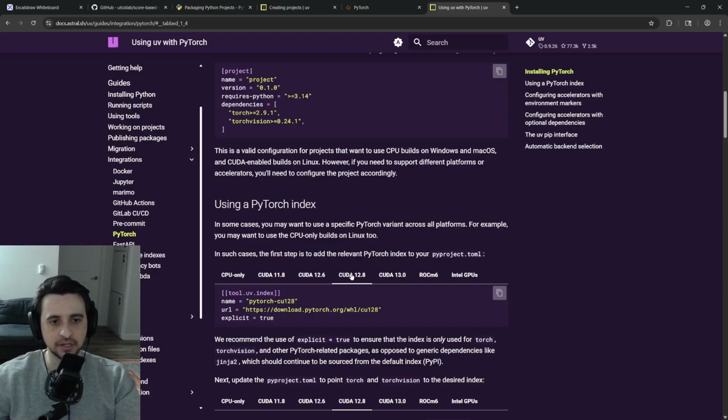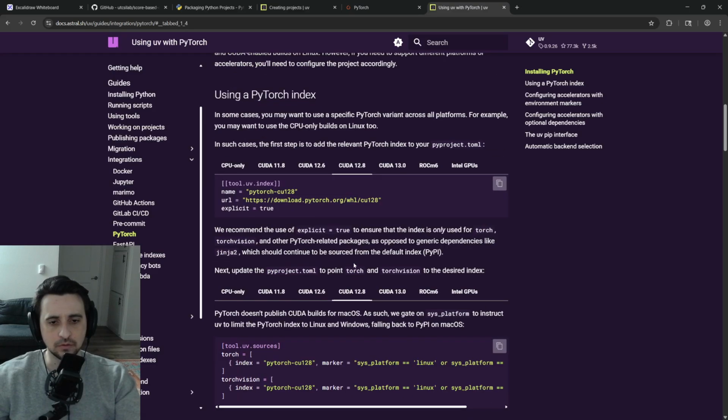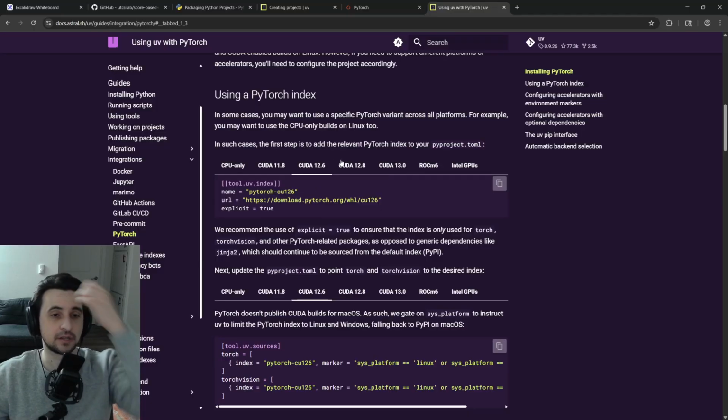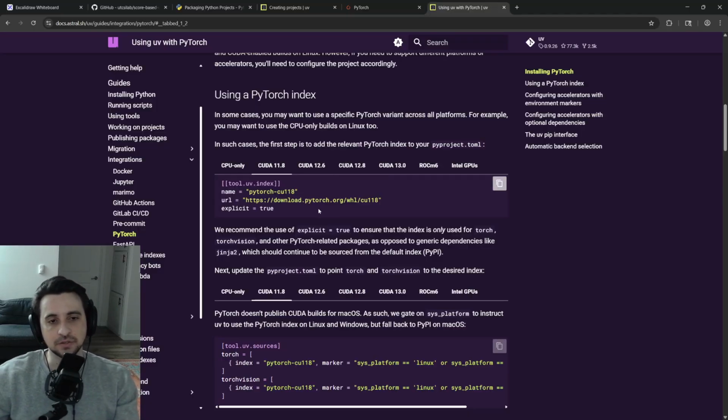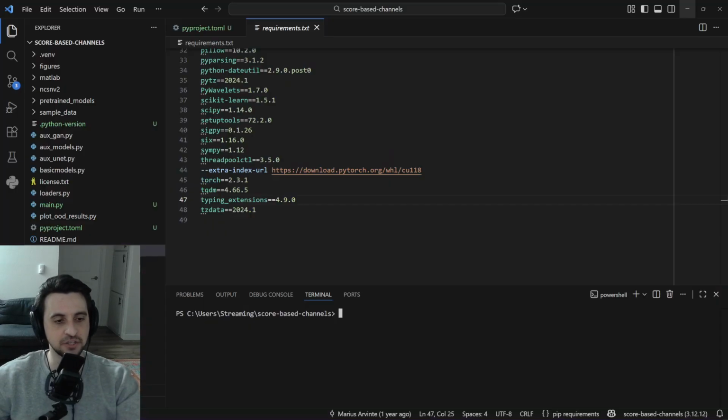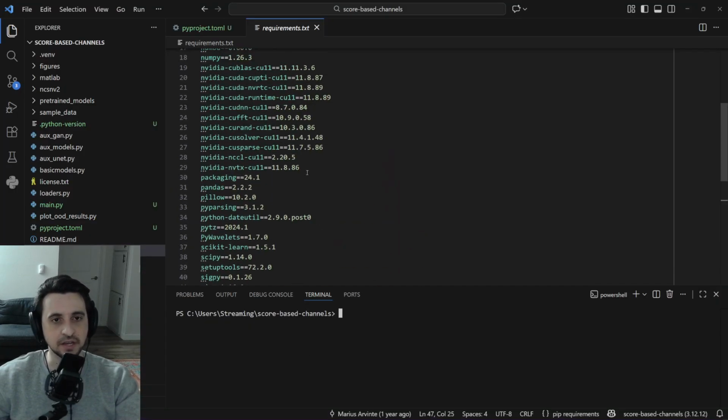So I need CUDA. Let's do 12.8 for backwards compatibility. Well, I guess 11.8, no, let's do 11.8, because my project actually uses 11.8. Well, yes, it does use 11.8. Okay, good. So then what we want to do is,